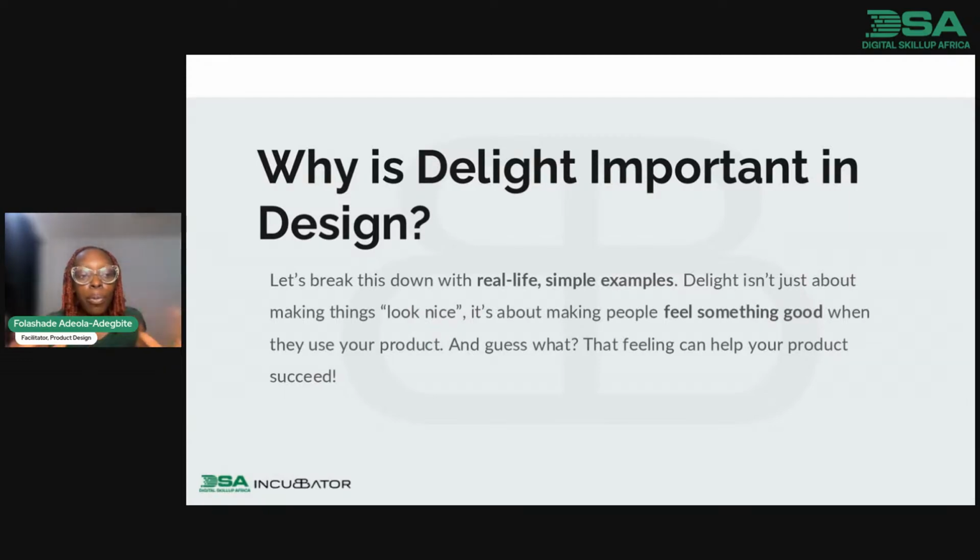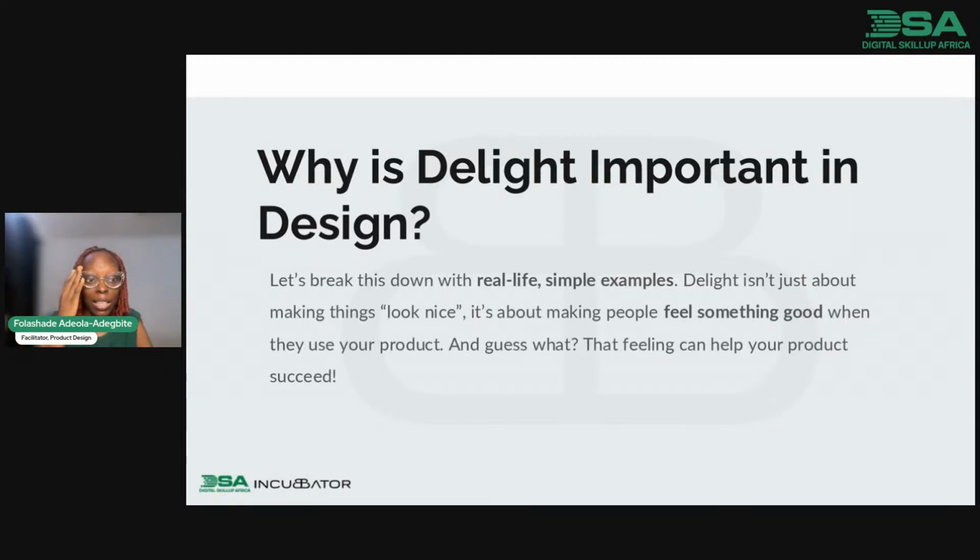You build a particular product, and whenever users complete a task, there's an encouraging word. Or you tell them, you are amazing today. Or whenever they log into your app, the first thing they see is, hello, beautiful Folashade. Or, welcome Folashade, how are you doing today?